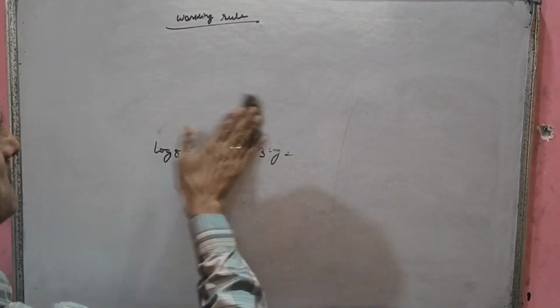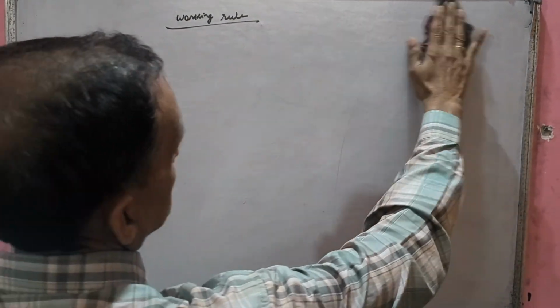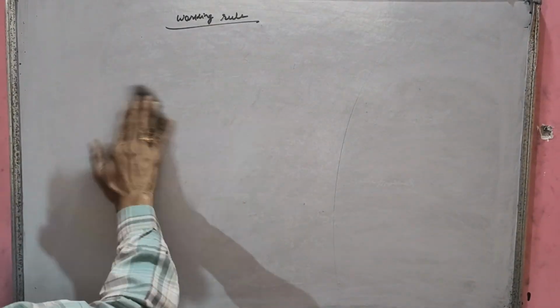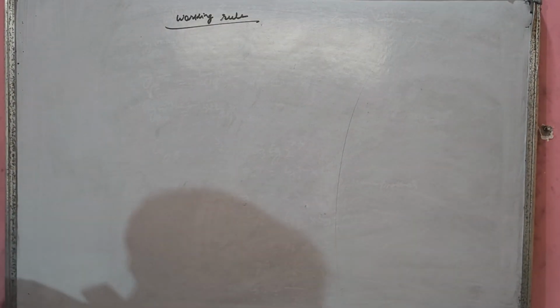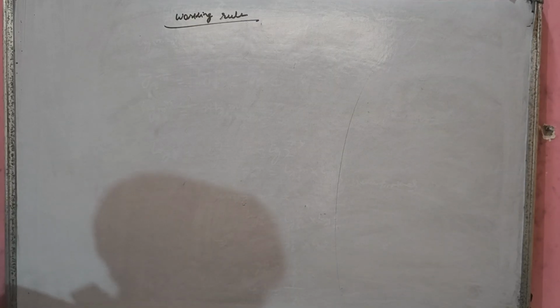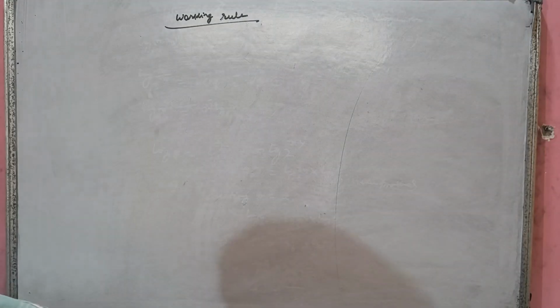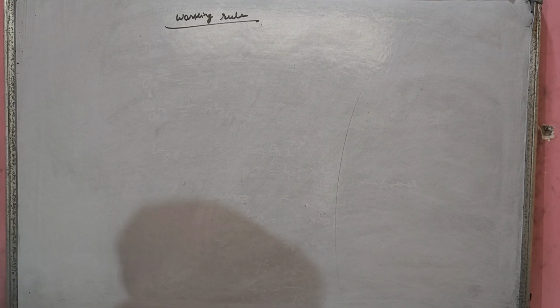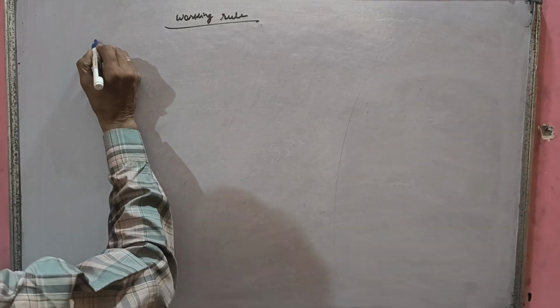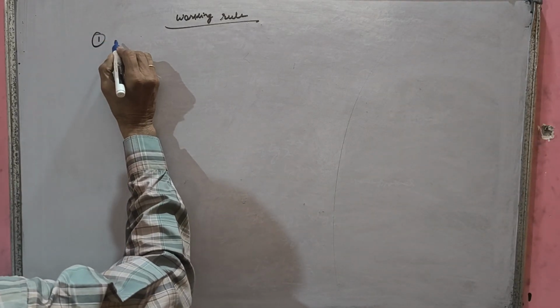There is another type of logarithm also in higher classes, that is called Napier's logarithm. That is not in the syllabus. It is Napier logarithm on base e, where e is an irrational number. Now we will help you to do some sums. Some important sums, different types of sums.